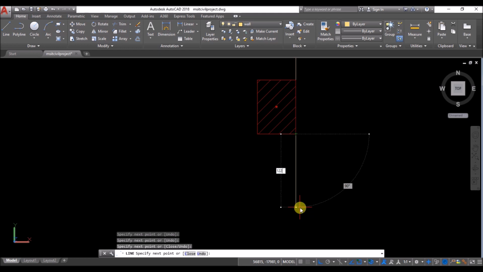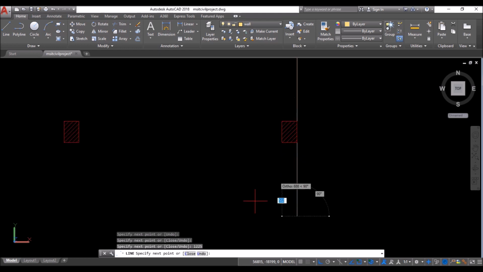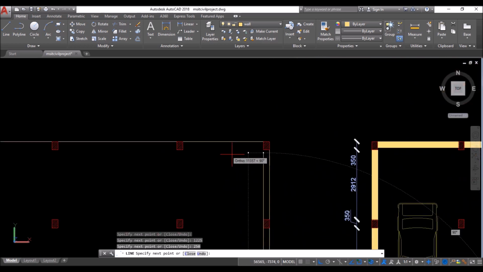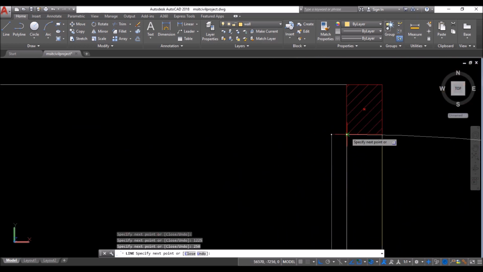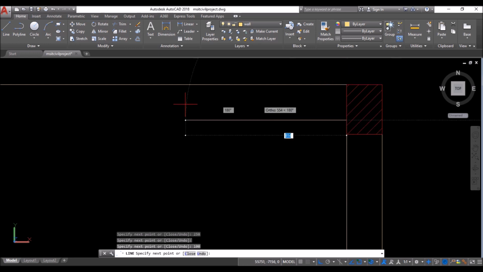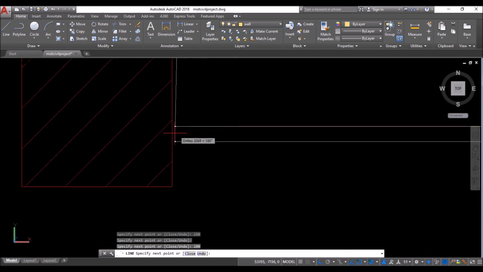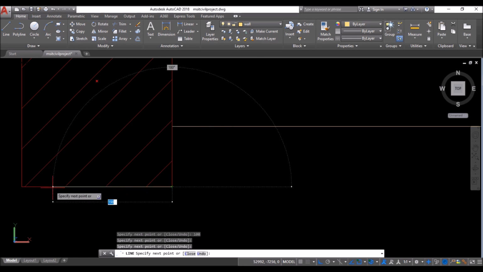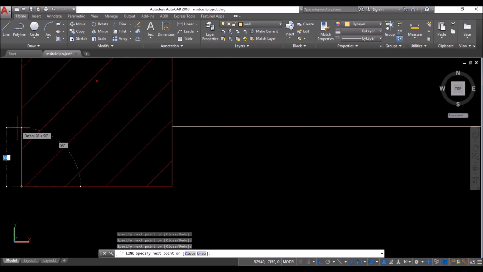This is 1225 mm downwards, 250 mm towards left, as that's the wall thickness. Then click at this snap, move upwards, type 100 and press enter. Then click at this perpendicular snap. Always zoom in, otherwise there will be some probability that you will click at some other snap. Then just follow and complete the outer wall as shown.